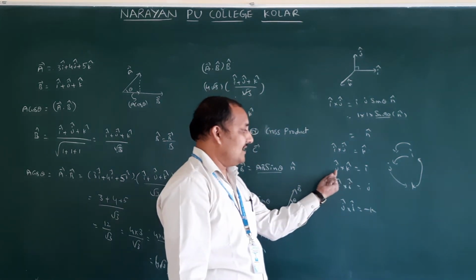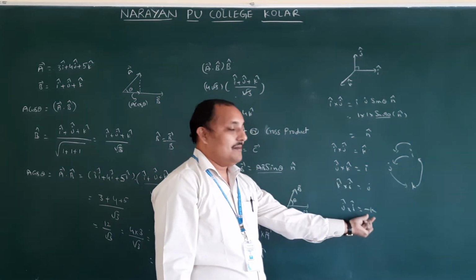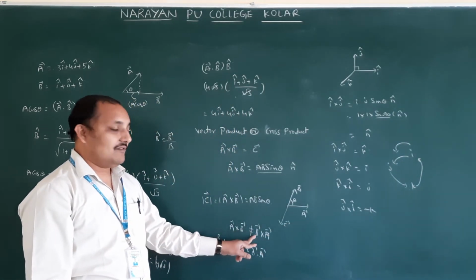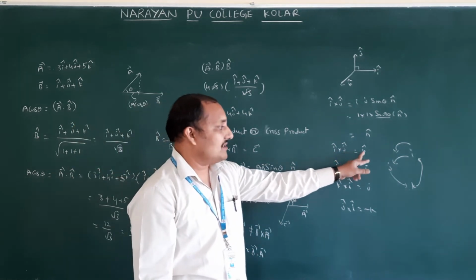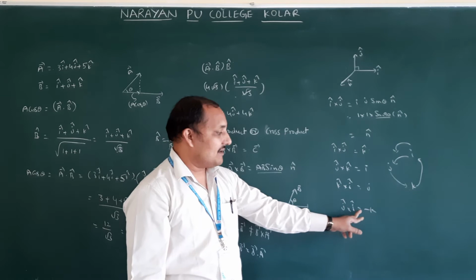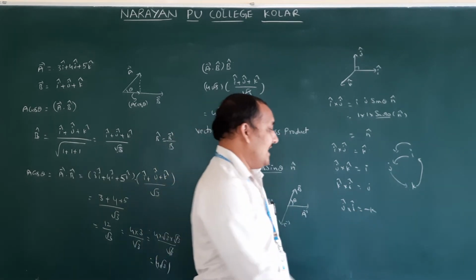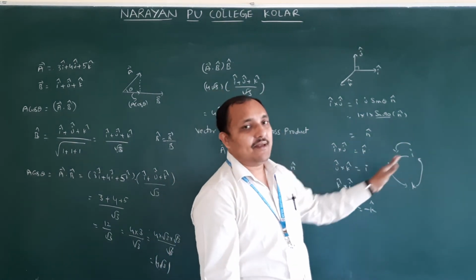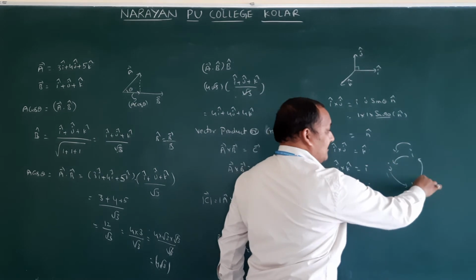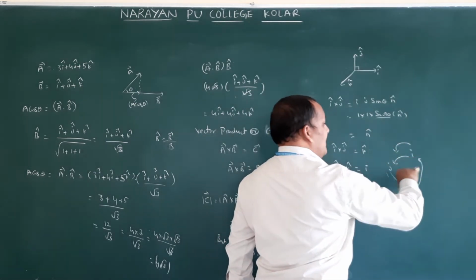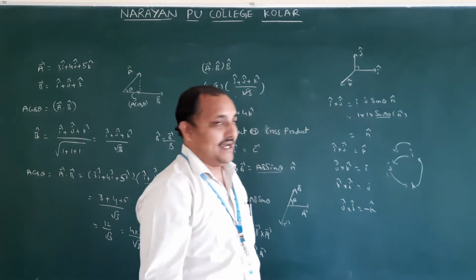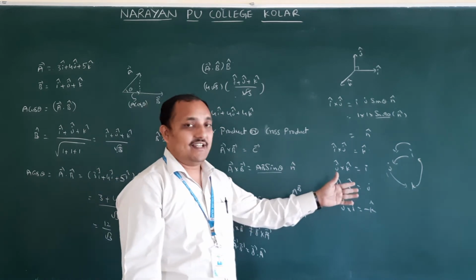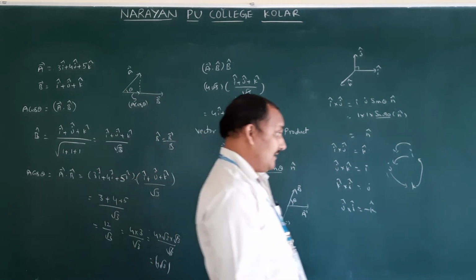If k is coming here and j is coming here, it means this i is going to become minus i, because both are not the same. So a bar cross b bar is not equal to b bar cross a bar. i cap cross j cap is equal to k cap, but j cap cross i cap is equal to minus k cap. So this one we should remember. The remaining opposite ones come with a minus sign. Take clockwise and anti-clockwise; if you are going in the opposite direction, you will get minus. Try to remember this, it will be helpful in the rotational dynamics lesson, but since they gave it, we are discussing it here.